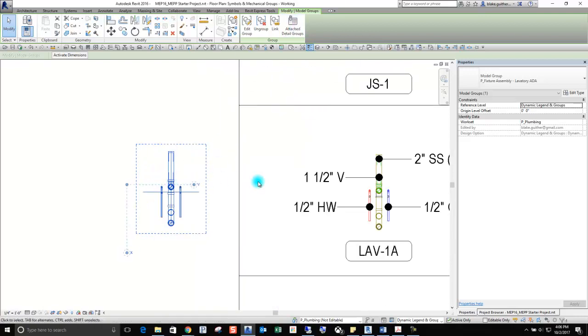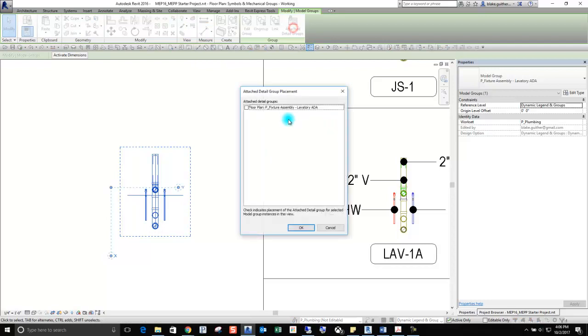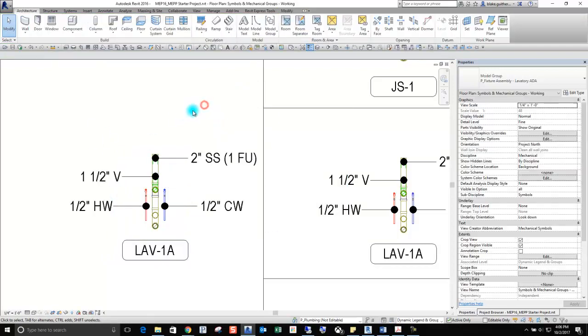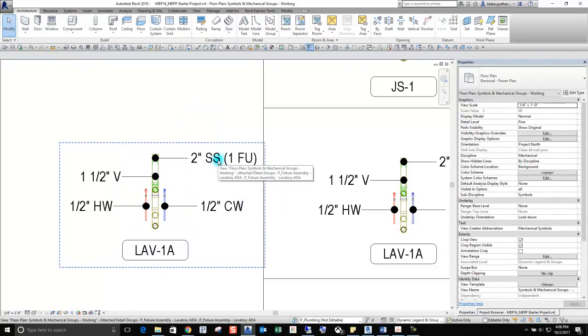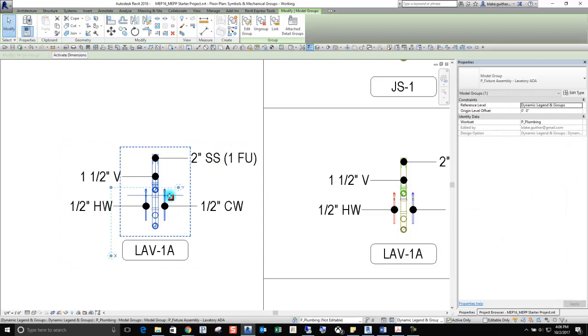You could place this on the sheet that needs the tags on it. Well, you could place it anywhere, and then you could go to the sheet that's going to have tags on it, and you could attach detail groups. You could check that. Now you've already got some tags on your plans. Some of these tags you may end up eliminating, and that's just fine. It's a little easier to remove than to add typically. And then the idea with these groups is once you place it,